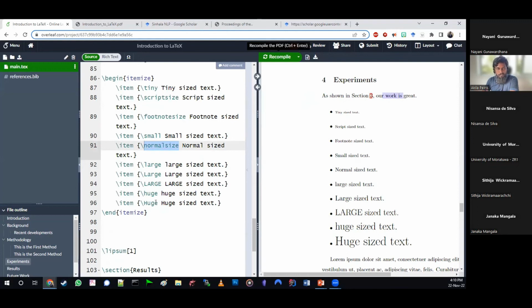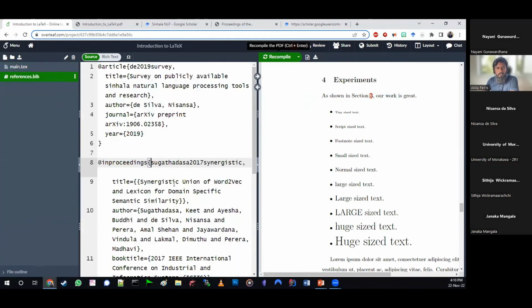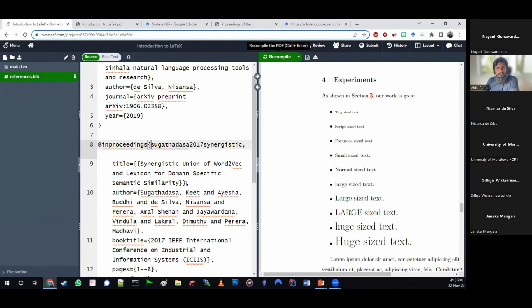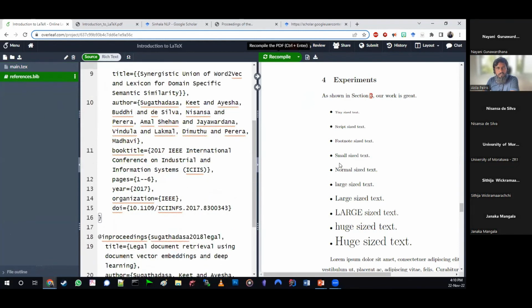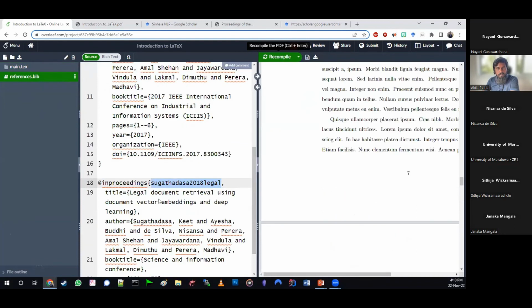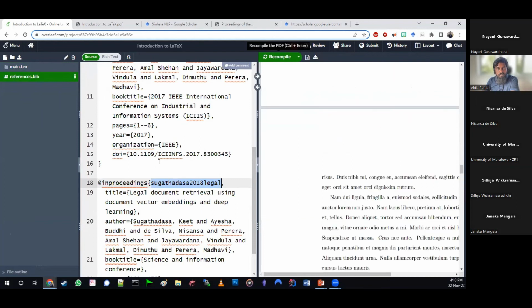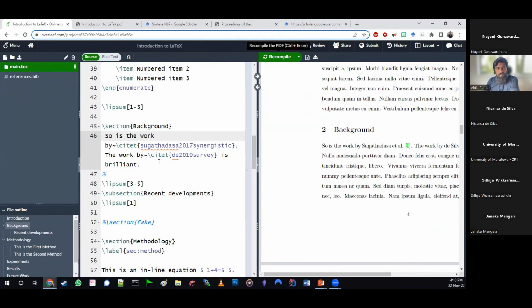So one person has sent a message asking to give an example of referencing again. So let's do this. We copy the header here. We go to the place that we want to cite. Let's come here and say, I recently read some papers.